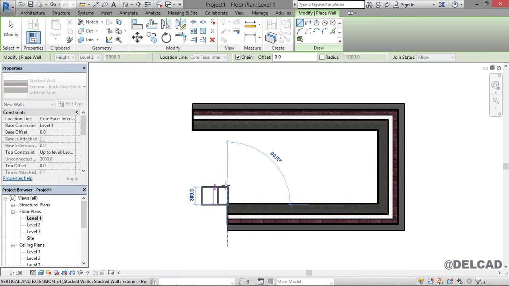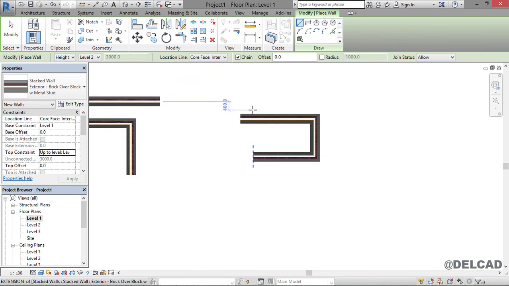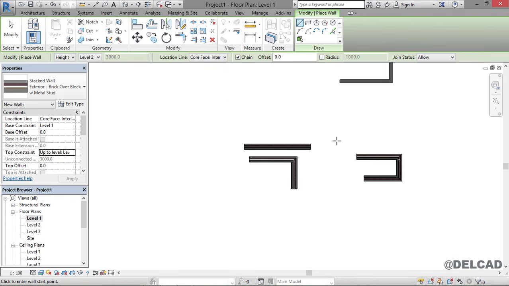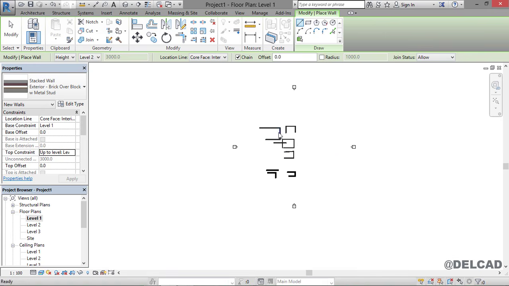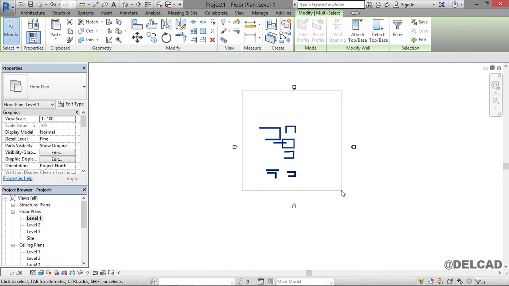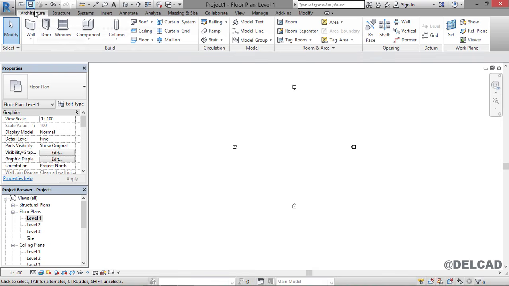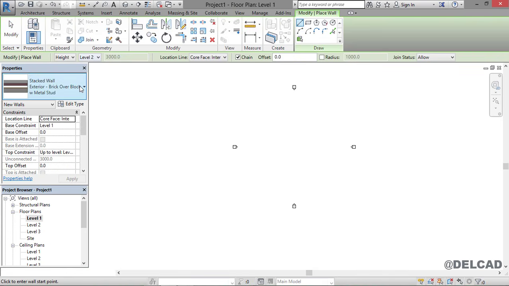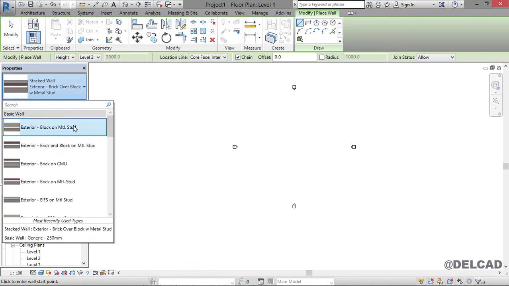in Autodesk Revit. So now that we understand how to make use of the location line, let's see how we can create a simple building in Autodesk Revit. So we're going to go ahead and select all of these drawings or all of the walls we've created and have them deleted. And again, we're going to go back to Architecture tab and click on Walls and change our walls from what we have initially to a basic wall of